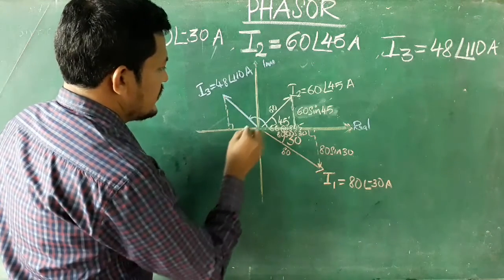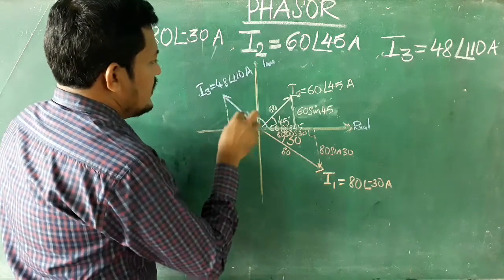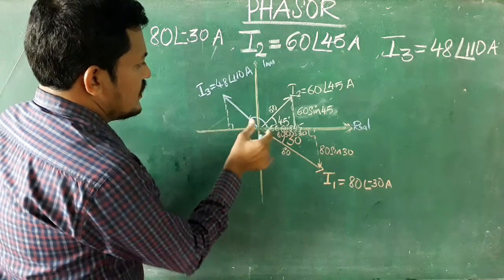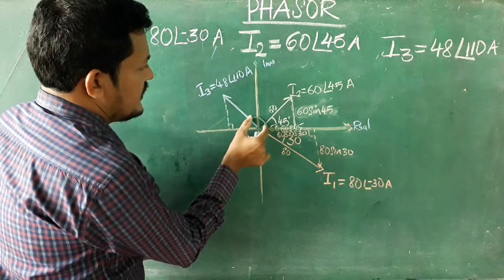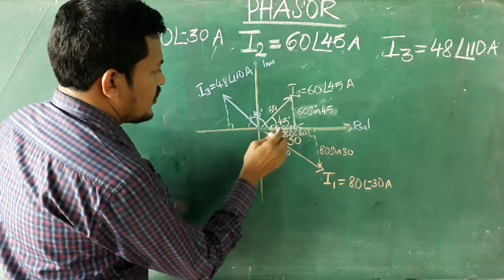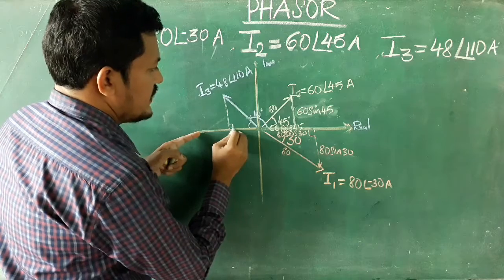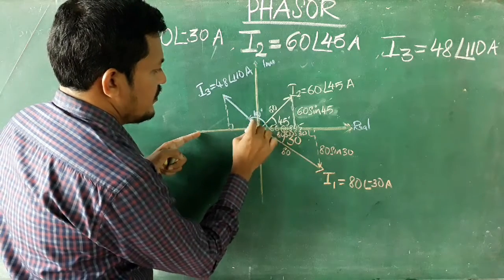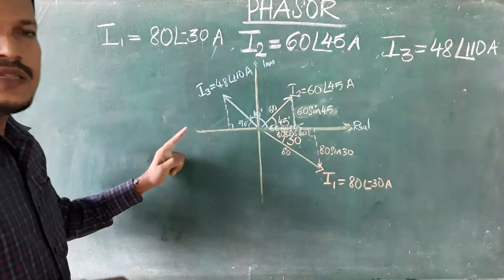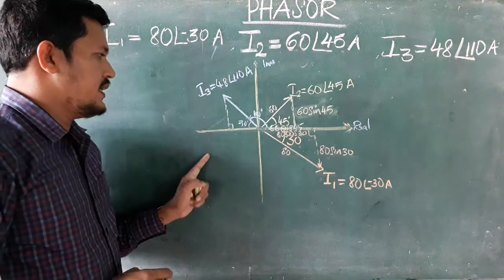Now this is a 90 degree. So this angle we don't know. We know the 110 from the x axis. So this much is 110 degree. This much is 110 degree. So the remaining, we know the total is 180 degree. So 110 is over, so the remaining one is 70 degree. Clear? This value is 70 degree.